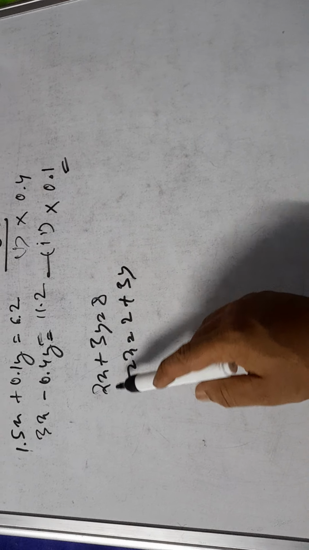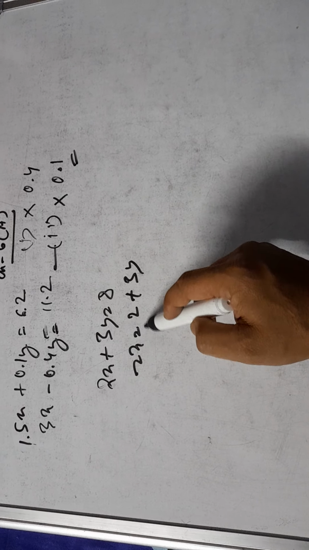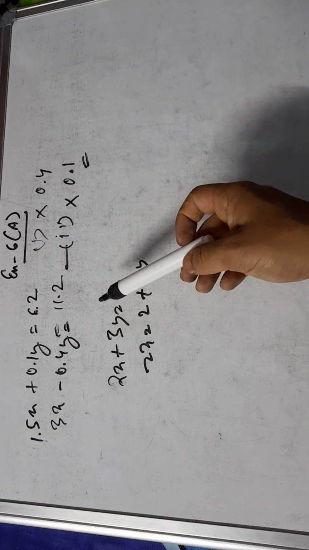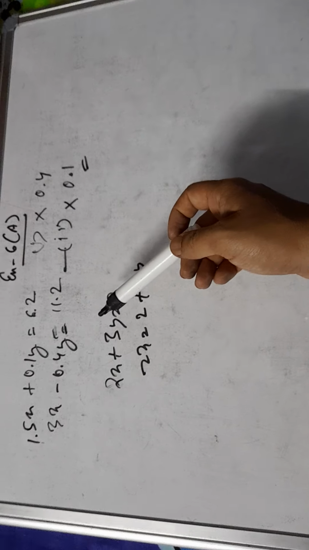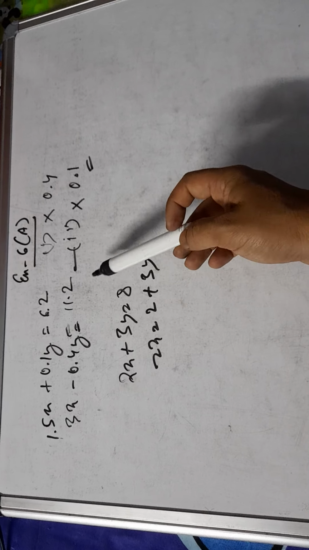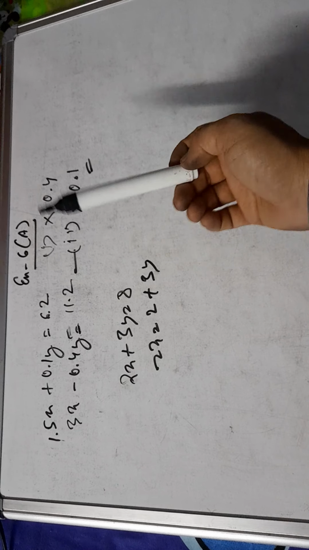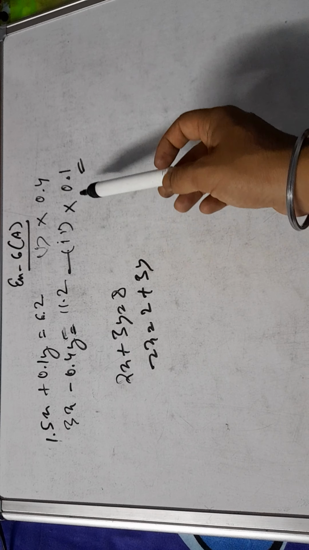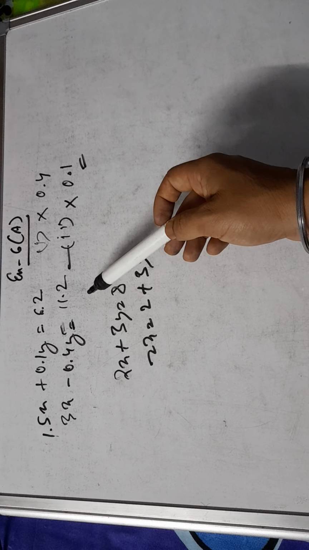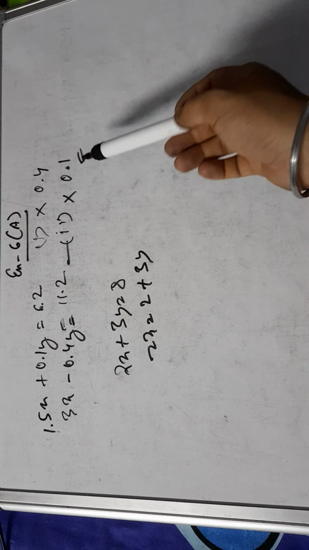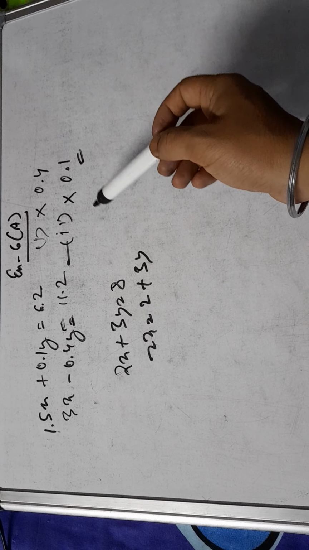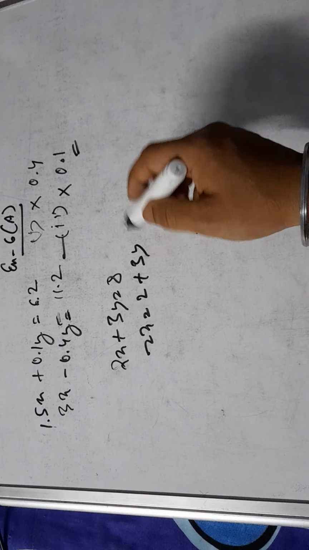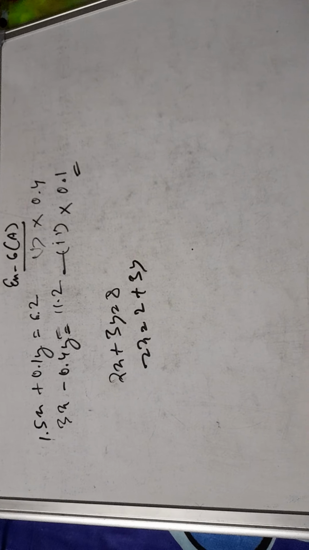Now the next question is 2x plus 3y equals 8 and 2x equals 2 plus 3y. I am not solving it completely because the method is the same, only the format changes. Question number 1 is very easy. The questions in decimal form you can do as usual, whatever questions you have in the book. After converting into a decimal equation, it will be easy for you to solve.